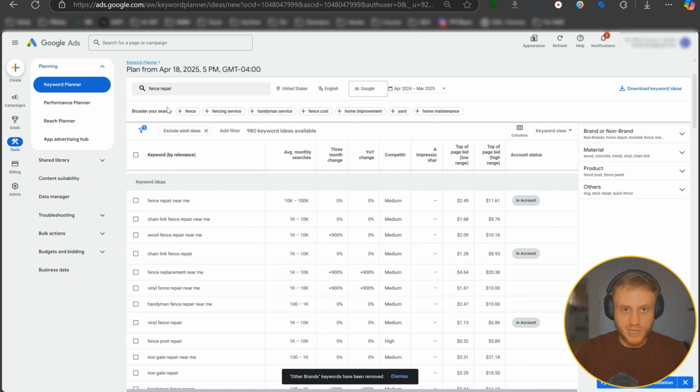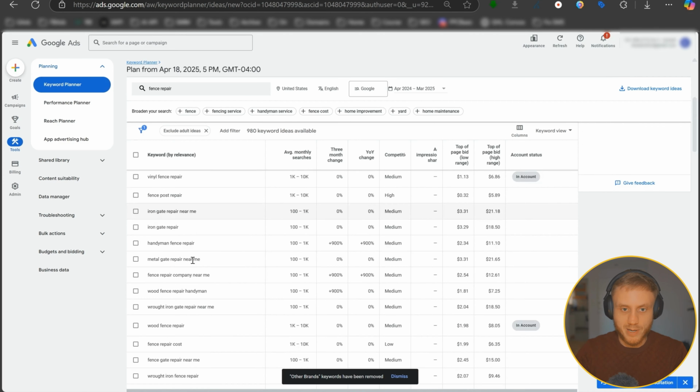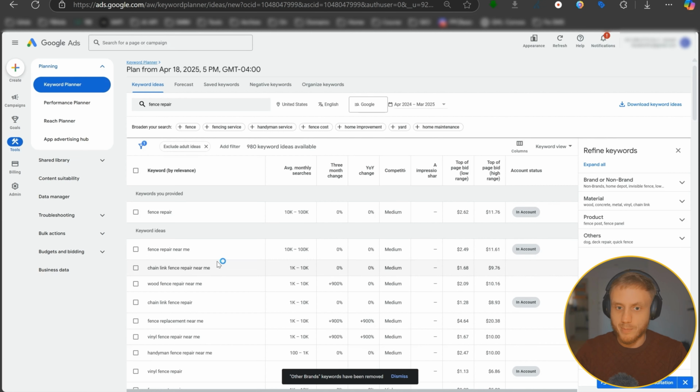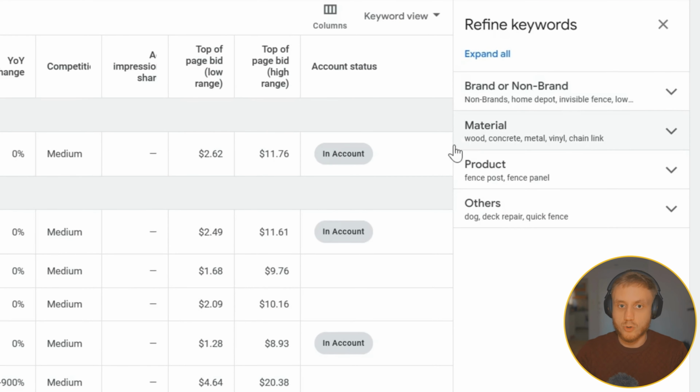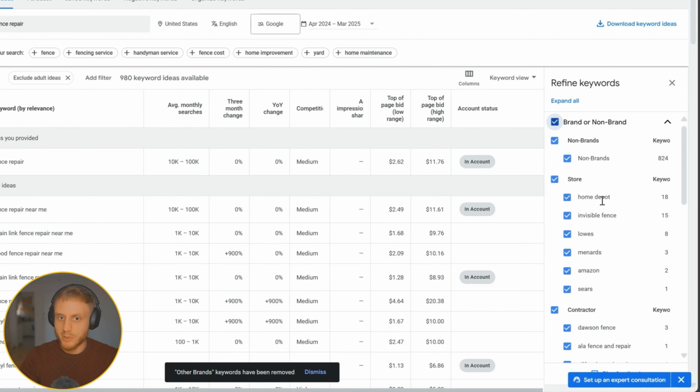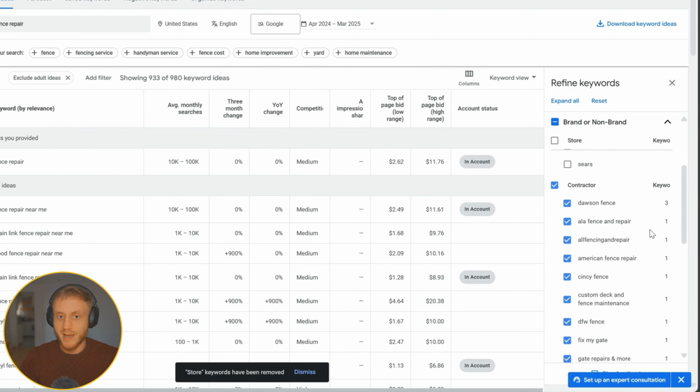Here we have all the keywords that are related to fence repair. Now, you could obviously import these all right away, but I don't really recommend that. Instead, we're going to go over here to the right side, and we're going to refine our keywords and remove everything that's brand related. So in this case, we can see that we have a bunch of stores here: Home Depot, Lowe's, Amazon, Sears. So obviously we don't want to be targeting those keywords because ultimately we're also going to use keyword insertion. So we're going to take out the stores, and the contractors are potentially businesses that use these